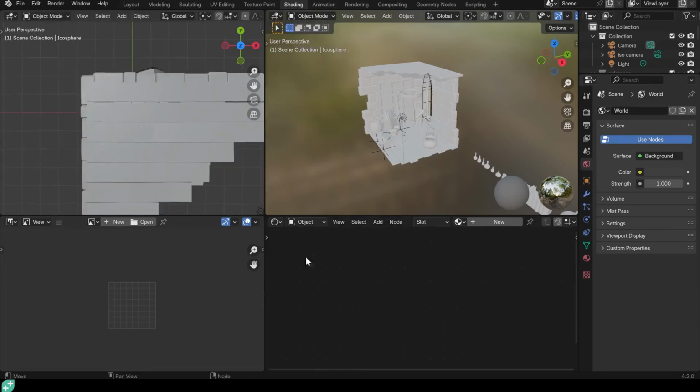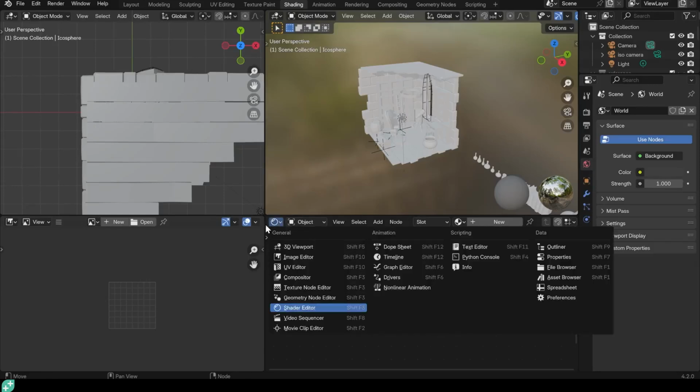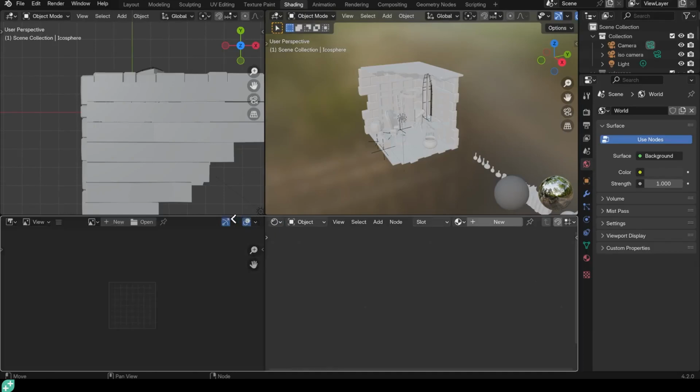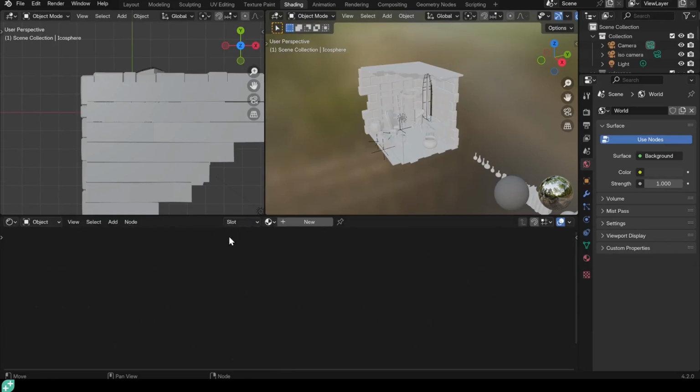I'll use the base here for the shader editor. So this is currently the shader editor here. So I'll click and drag this one over this one. Hopefully you're comfortable with moving these menus and boxes and windows around, but your cursor changes when you go over the edge and the middle. You can right click in the middle to join areas together, or choose the very corner here to drag a new one out, or drag over the top of the other one.